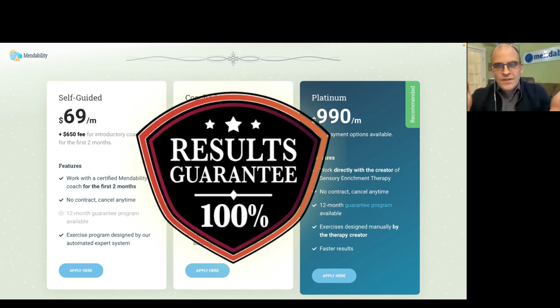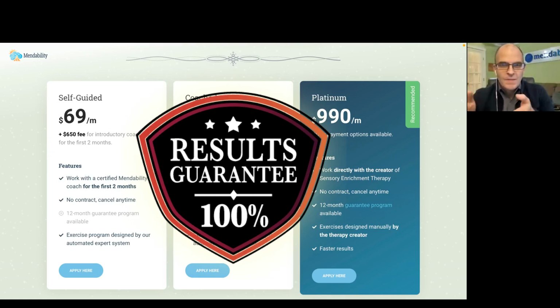You could say that the other programs also do. We basically promise you that if for any reason whatsoever, within the first month, something happens, or you just try and your kid just doesn't want to do it, or for whatever reason you decide that this is not for you, you want to cancel, then just give us a call and we will cancel your program and refund all of your expenses.